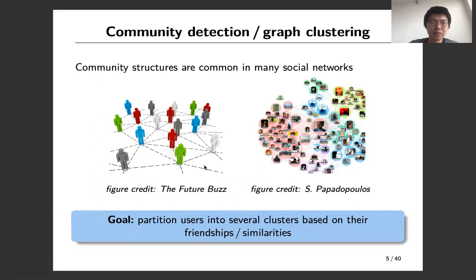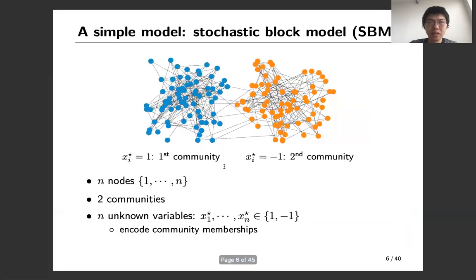To understand this type of similarity or friendship graph data we have, we need to first have a statistical model to explain this data generating process. A handy model is called stochastic block model, in which there are n nodes to be classified, and we assume there are two communities for simplicity. We have n unknown variables, x star 1 all the way to x star n, to denote the community membership. In particular, we use 1 to denote the fact that this node belongs to the first community, and we use -1 to denote the membership of the